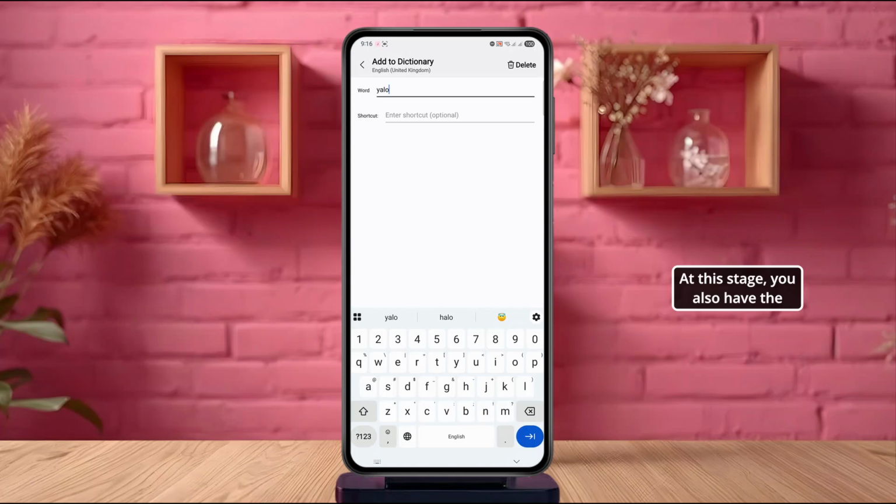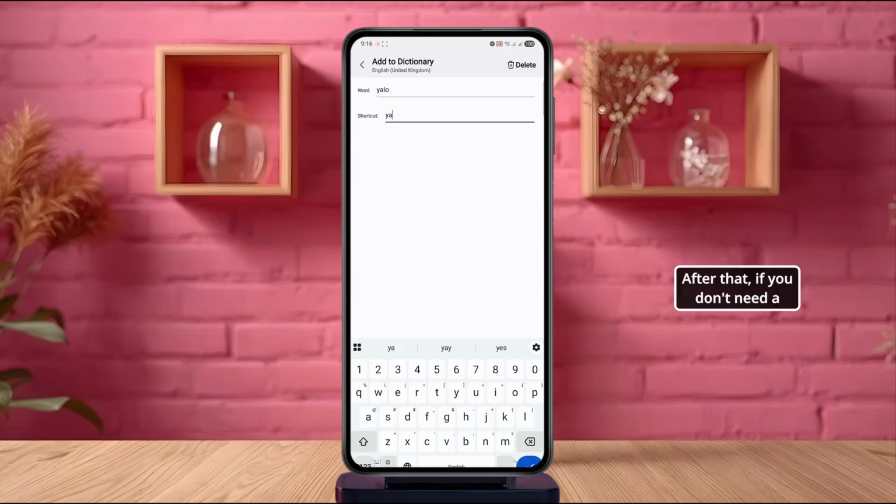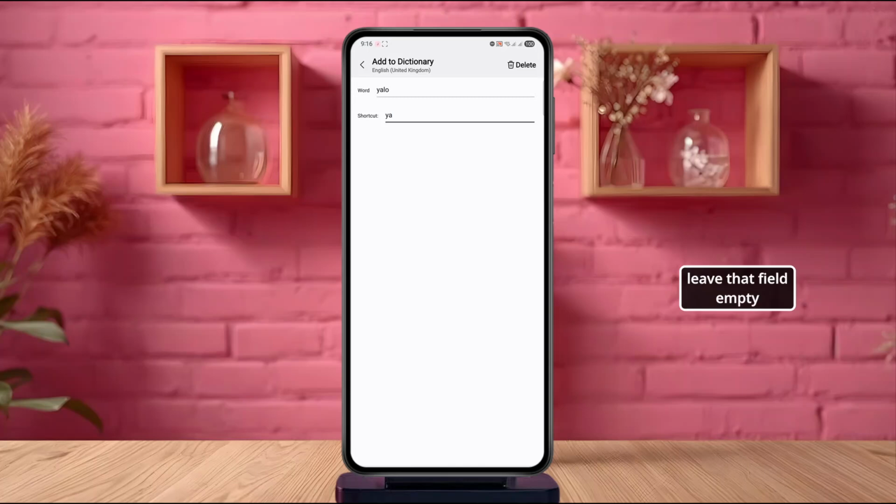At this stage, you also have the option to add a shortcut for that word. This means whenever you type the shortcut, your keyboard will automatically suggest the full word, which can be a handy time saver. After that, if you don't need a shortcut, you can leave that field empty and just save the